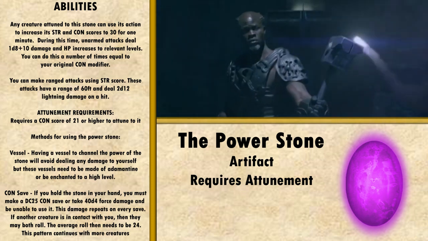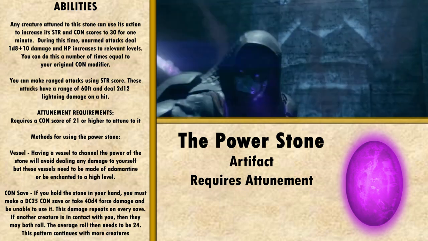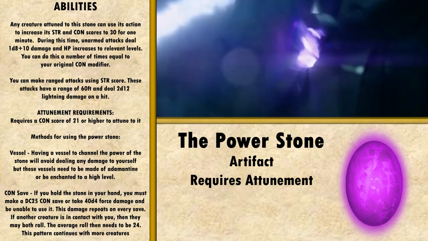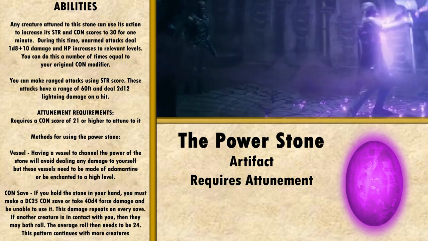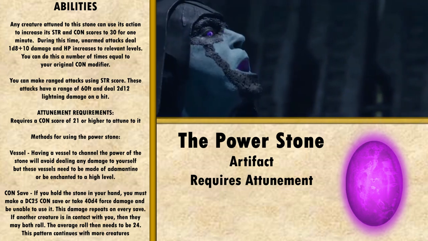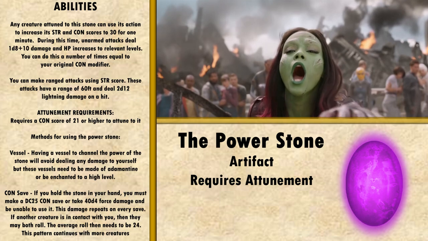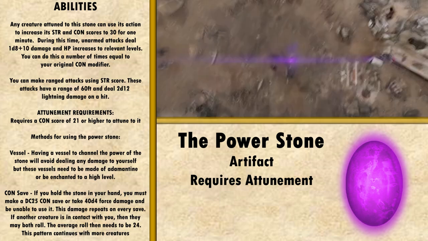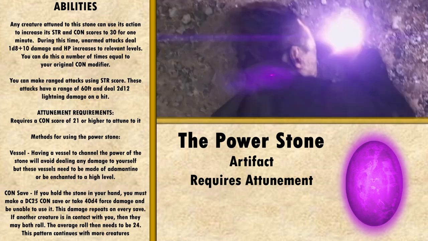You also have 2 methods for utilising the stone itself. The first one is you can create a vessel to house the stone. This will allow you to use its powers without damaging yourself. The other choice is to hold the stone yourself, which will mean you will need to succeed on a DC